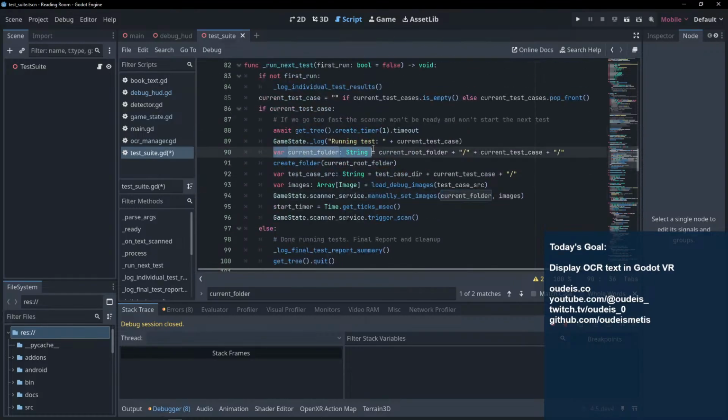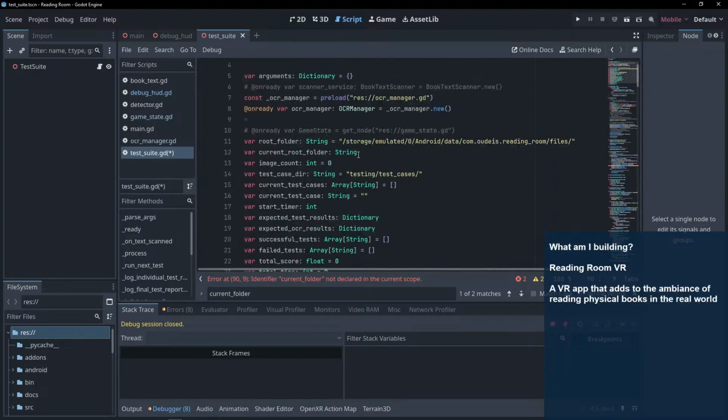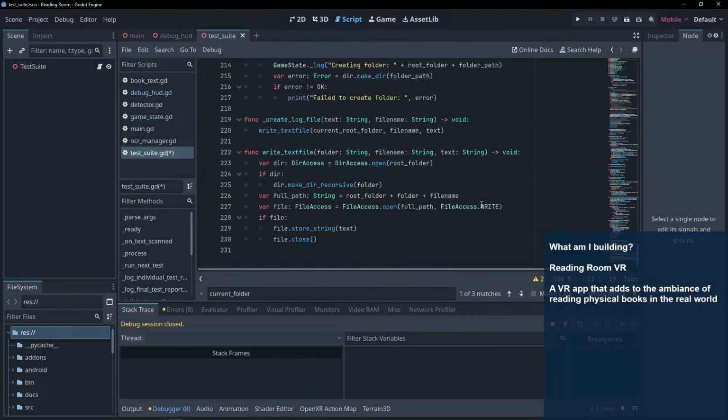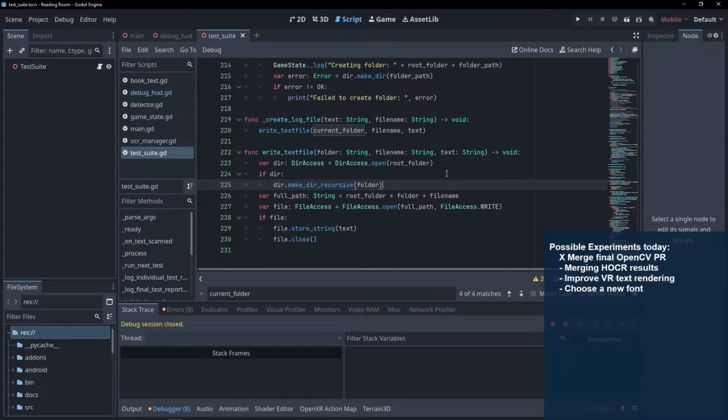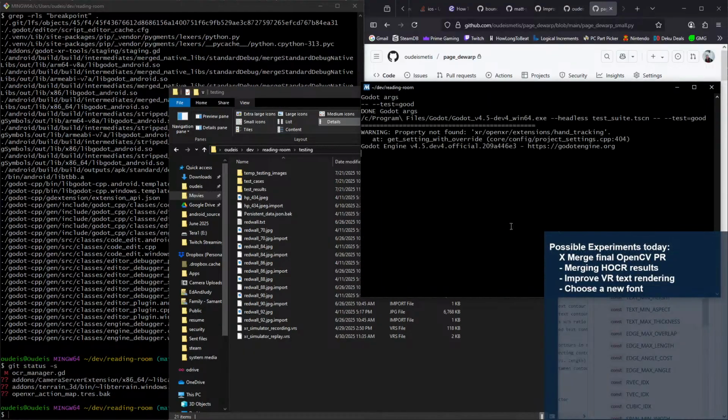Okay, well, we weren't using this before, but now we can. So I can just do current folder. And now, if I come down here, there. Now I may actually write it. So if I run that now,